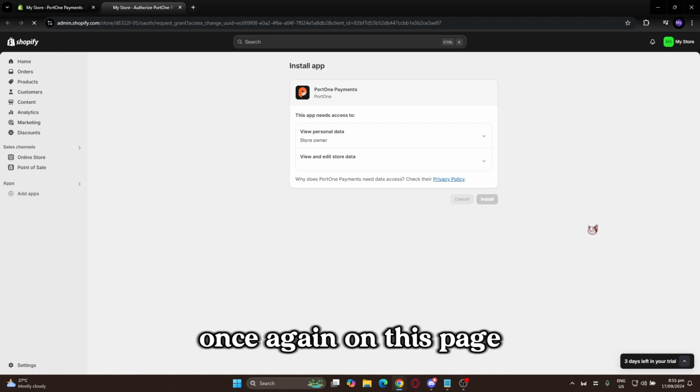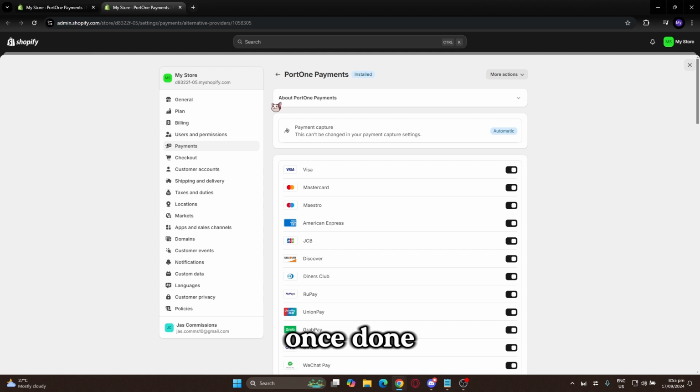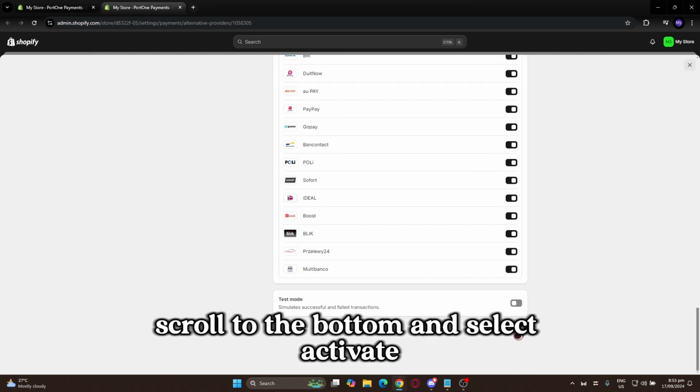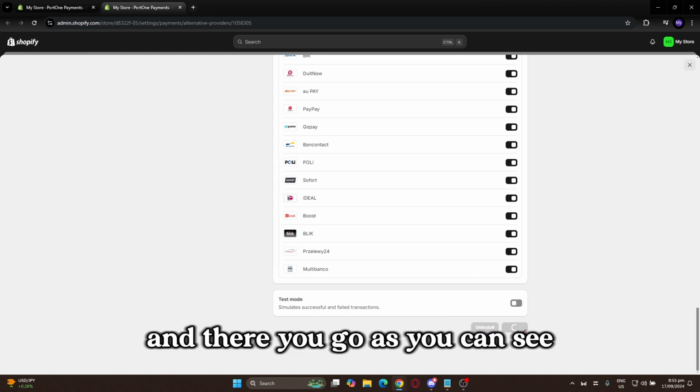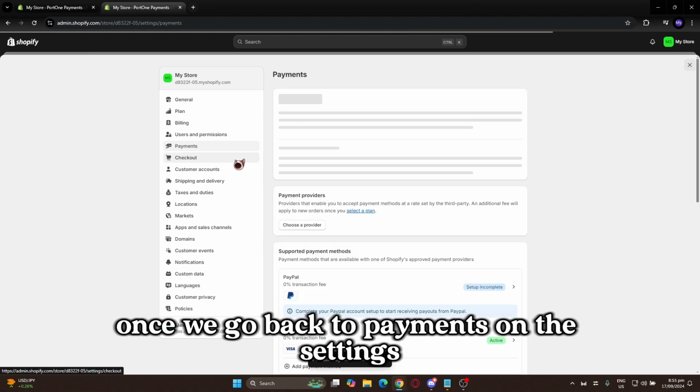On this page, you can choose and activate the payment method you want. Once done, scroll to the bottom and select Activate. And there you go. As you can see, once we go back to payments on the settings, Port 1 is